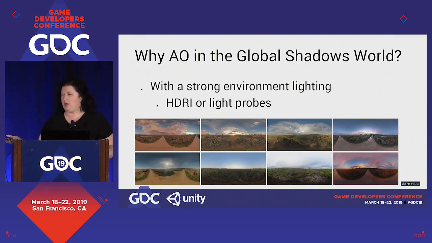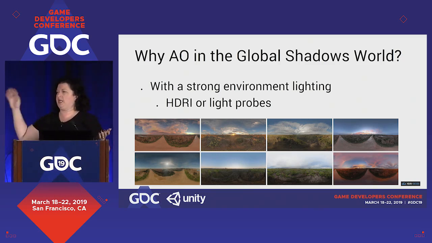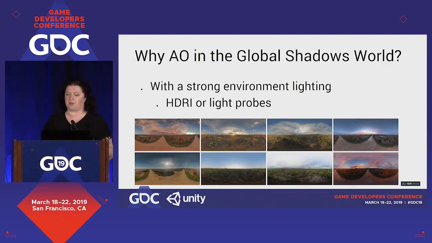So why do we even bother with AO? Because I said earlier we're going to do shadows, right? That should technically take care of all of the occlusion issues, if we have strong environment lighting, and that's the example of HDRI skies, either HDRI skies or light probes. Global shadows will show you the crease details and of course the major movements, but you'll lose a lot of the information from far away because guess what? We didn't pick the infinite distance.